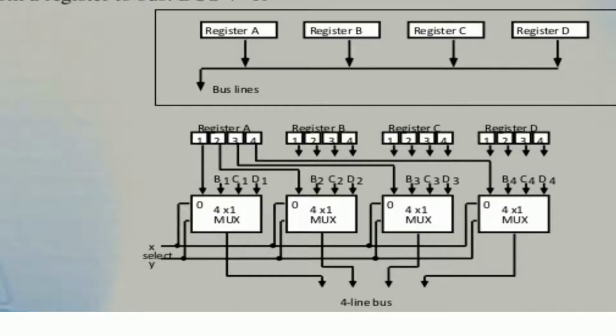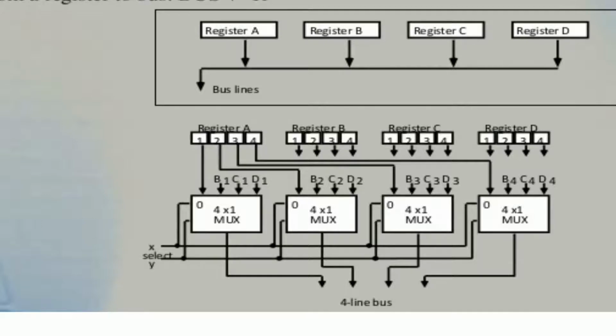This way we take the 4 multiplexers, connected to the 4 registers inside the bus. These registers will work based on the selection lines. So in this bus, we have 2 selection lines, S1 and S0.